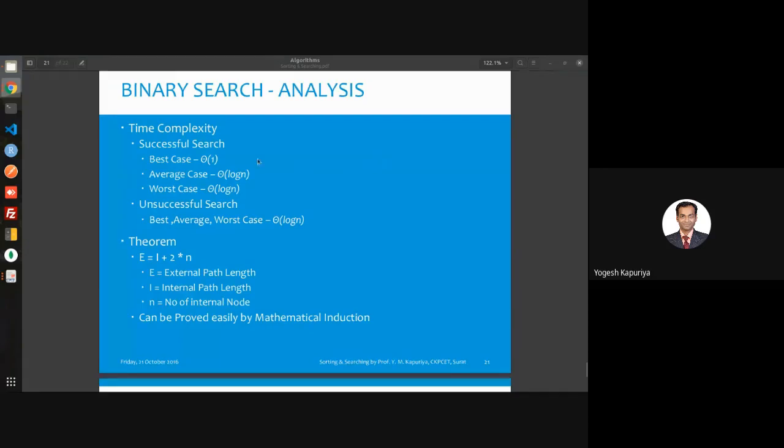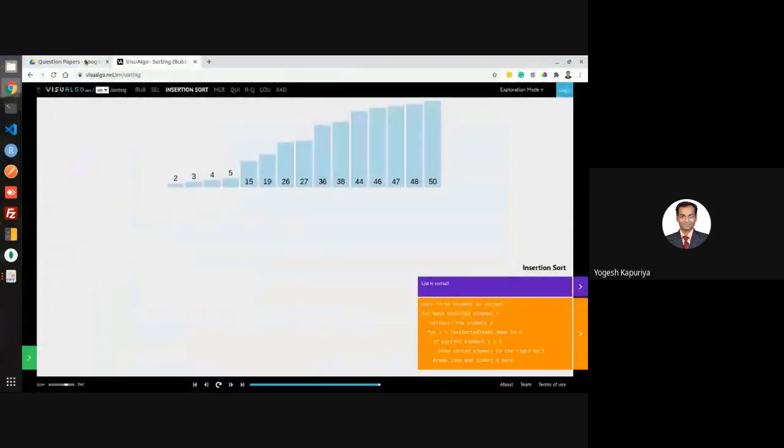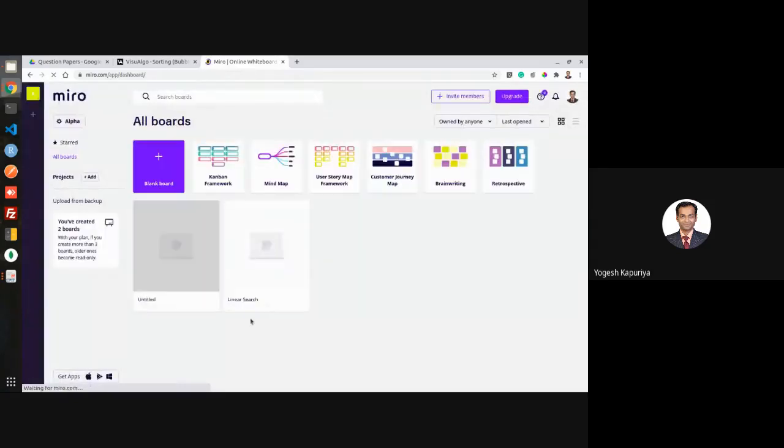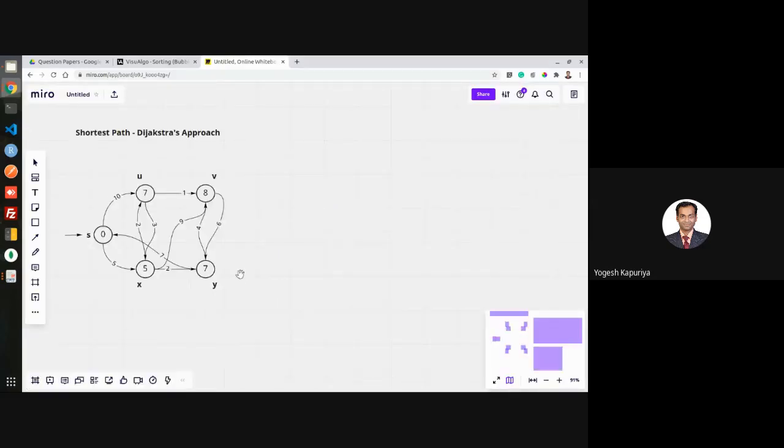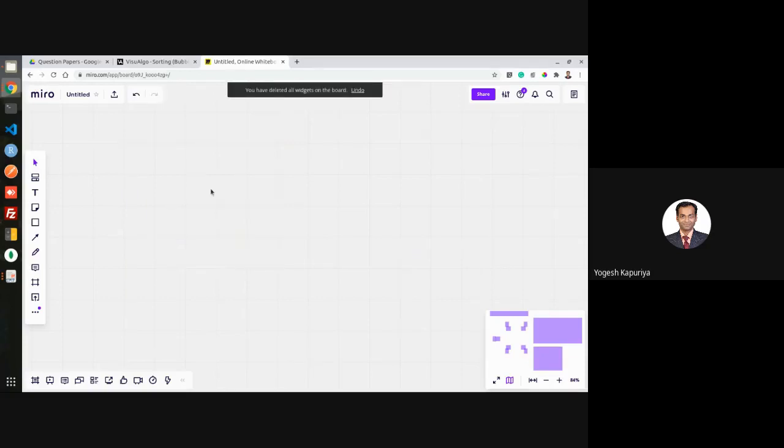See, it's a binary search. So if you do binary search, that means it is always being divided into two parts.